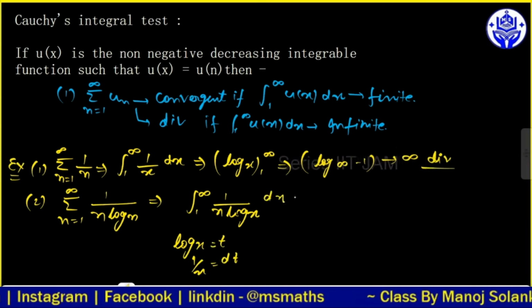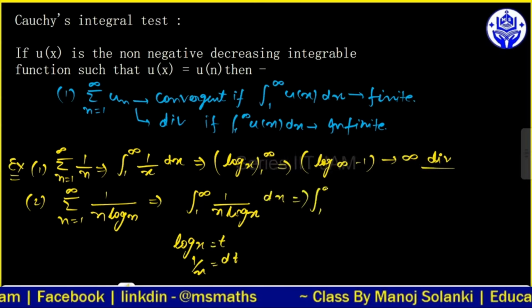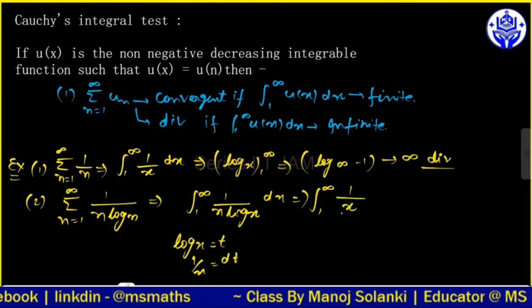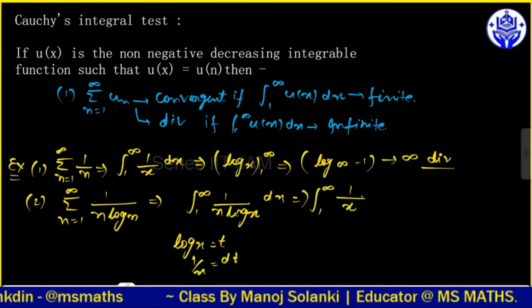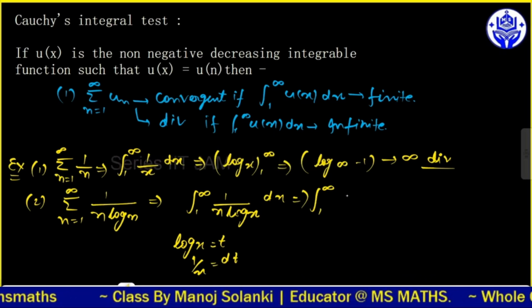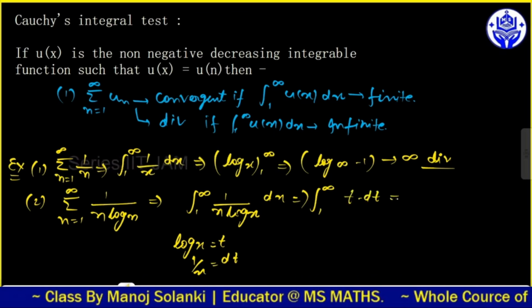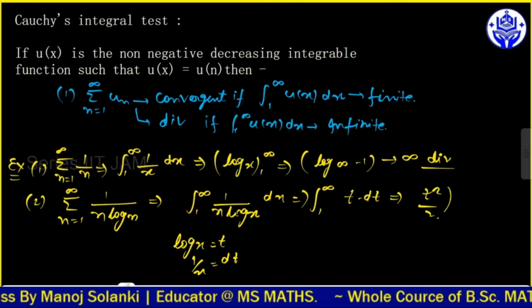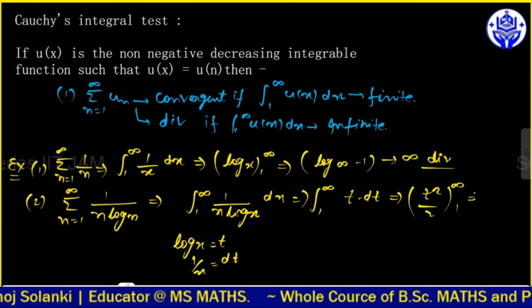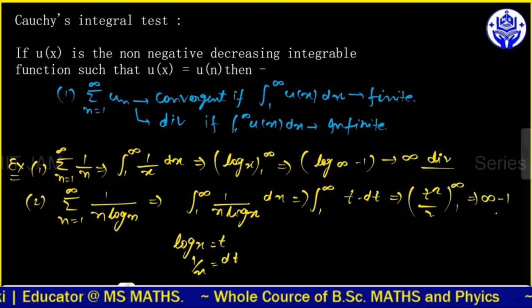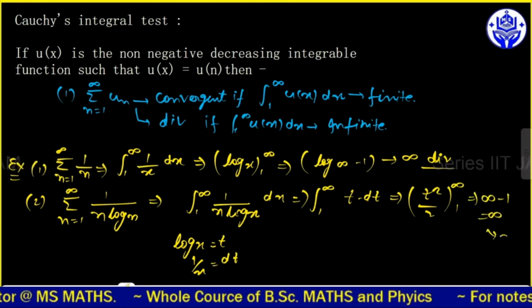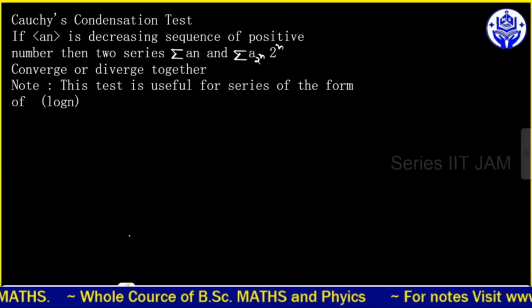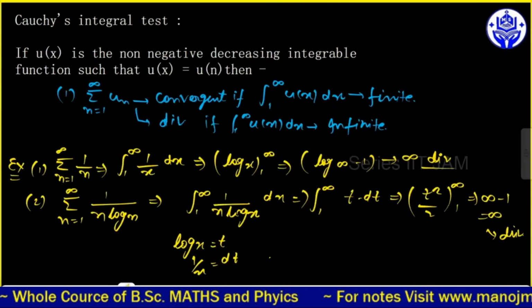ये dx हो जाएगा और मुझे मिलेगा 1 to इनफाइनाइट, और ये हो जाएगा t dt। और t dt का इंटीग्रल t स्क्वायर बाई 2 होता है। लिमिट 1 to इनफाइनाइट रखेंगे तो अगेन आपको इनफाइनाइट मिलेगा, और अगेन ये डाइवर्जेंट हो जाएगा। अब हम बात करते हैं एक और एग्जाम्पल के बारे में।